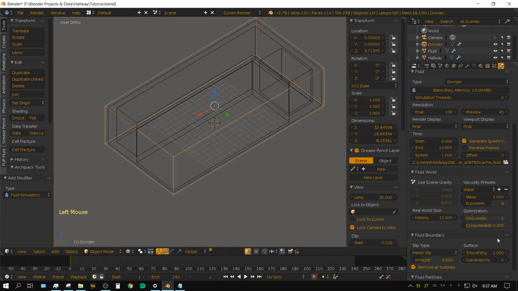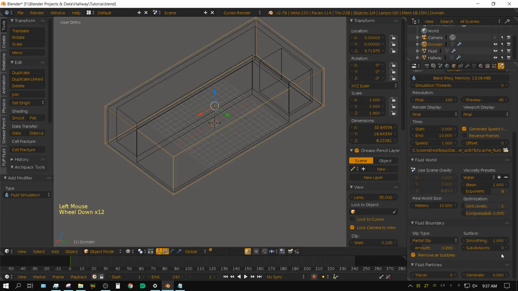And then fluid particles. Now, I have no idea what tracer particles are. I looked it up on the Blender website and it didn't explain it very well, and I still don't know what they are. Now, generate particles, I know what that is, and it's basically, if I was to turn this up to 1, it would generate splashes and kind of like a mist.